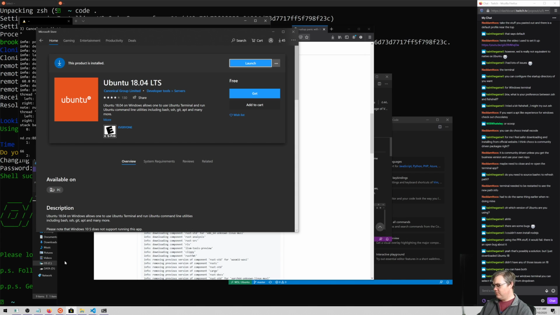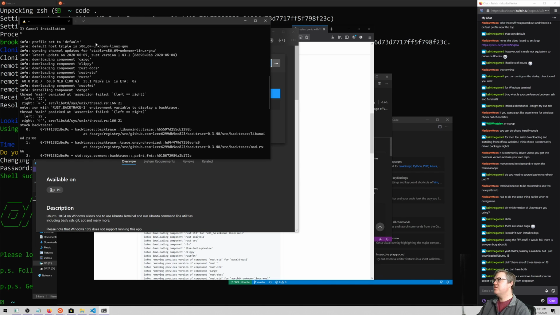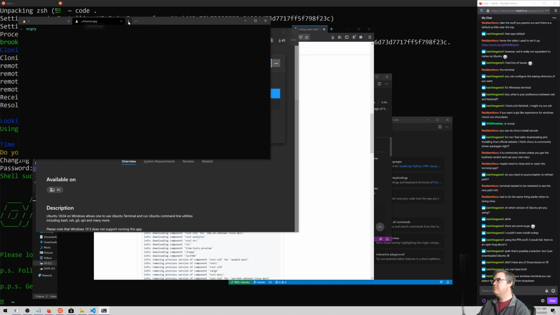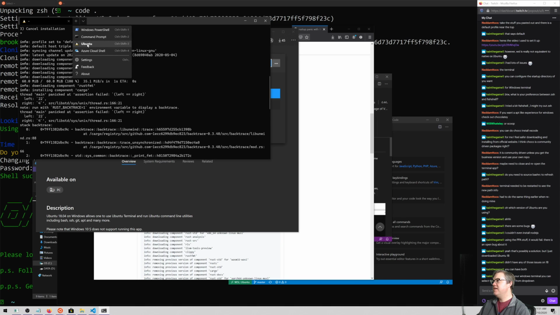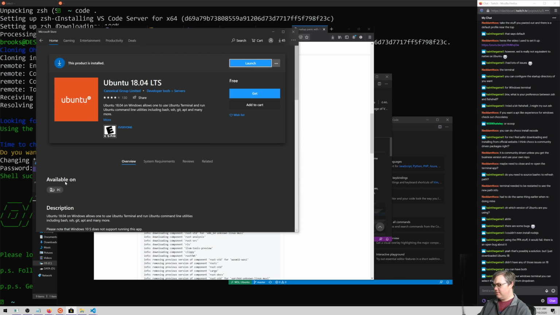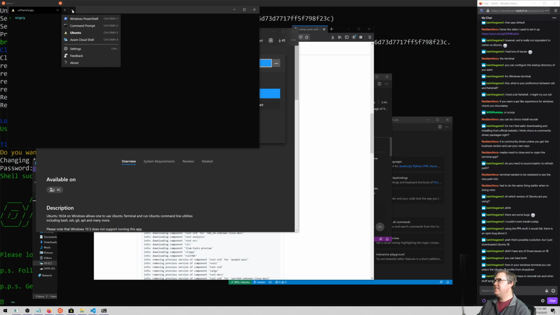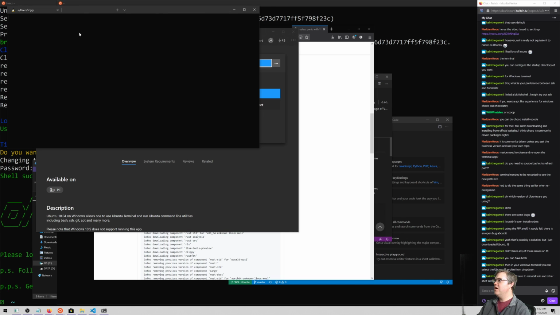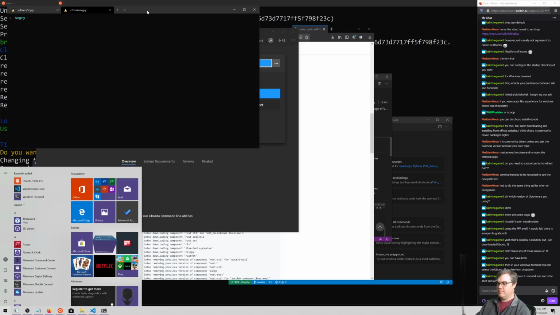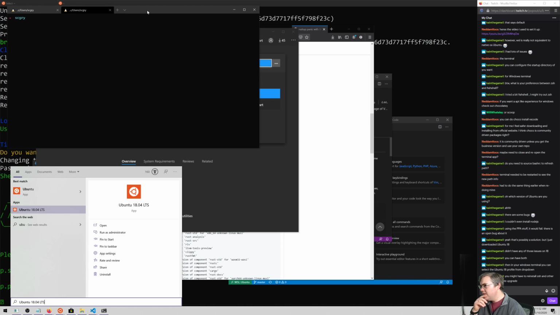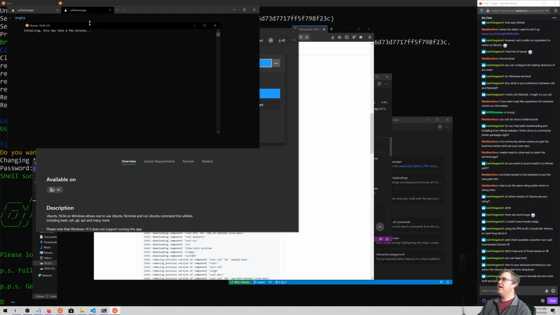All right, so we have Ubuntu. If we come back to our Windows terminal and I say, give me... Oh, I probably need to restart the terminal again to get it to find that it even exists. No, Ubuntu, but how do I know which one you are? Let's try just running you. Oh, it has to install first.